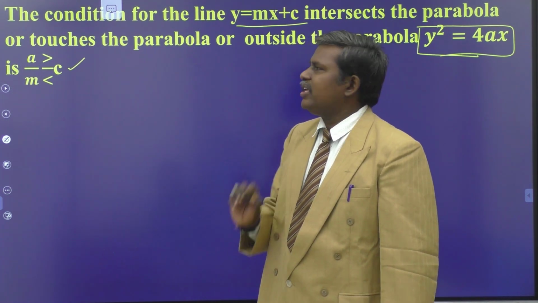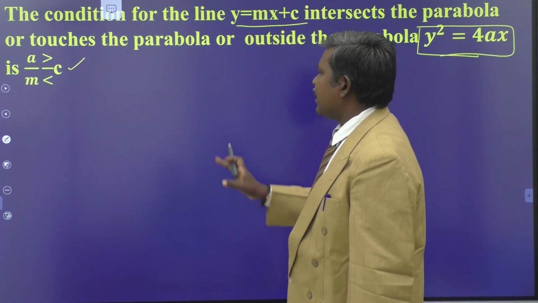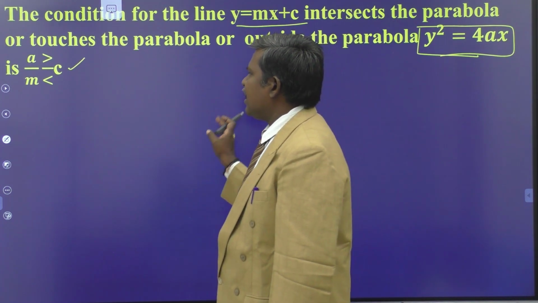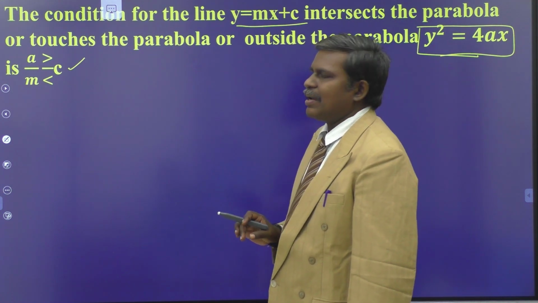That means the line y equals mx plus c intersects the parabola y square equals 4ax when the condition is a by m greater than c. Touches when a by m is equal to c,